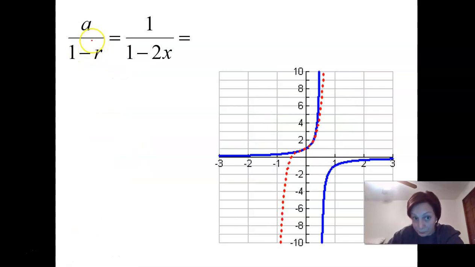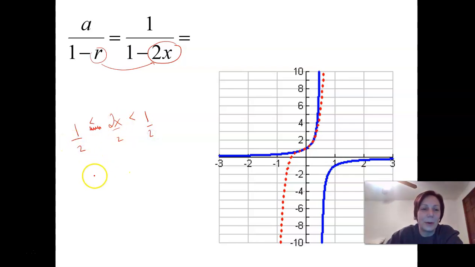Look at this one. And here in this one, your a is 1, your r is 2x. My r value is 2x. So I have to keep 2x between -1 and 1. Sorry. So if I want 2x kept between -1 and 1, solve that double inequality, that compound inequality, you get